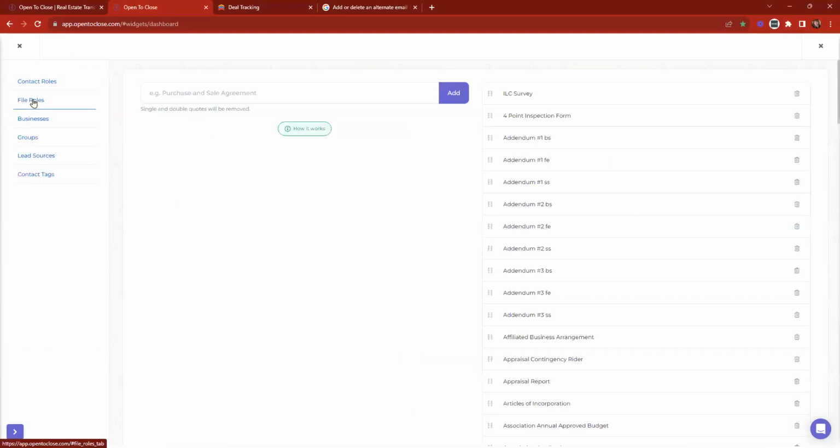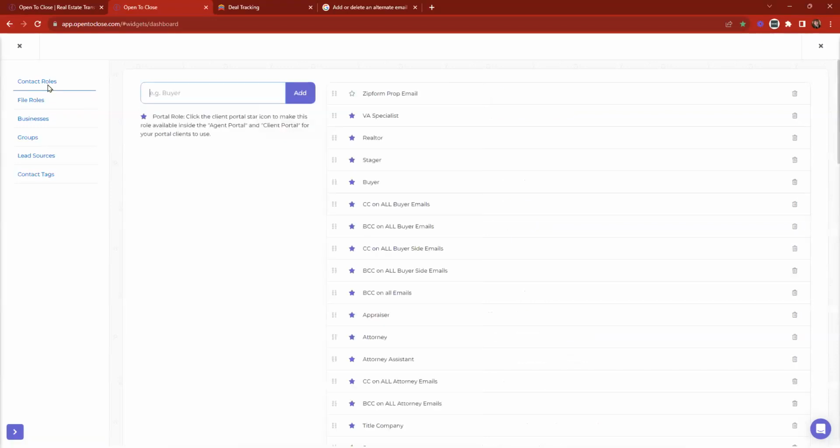And the reason that's so important is your contact roles are your party members. Those are the people that you're working with. This is how you're determining who is who on this particular transaction and within your database. So if you add someone and they don't have a contact role, then they're not going to receive email communication. You might not be able to send them an invite, depending on who they are. You might not know who they are without that contact role. So when we talk about contact roles, I definitely suggest adding in each version of the party members that you work with, and then also possibly adding in,